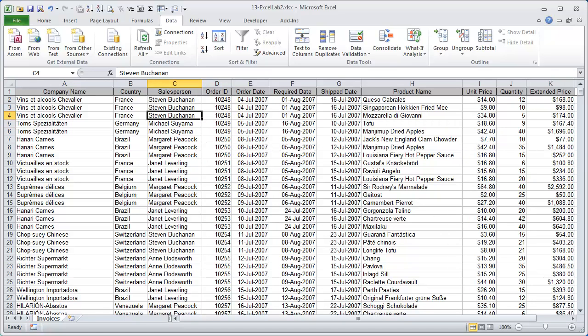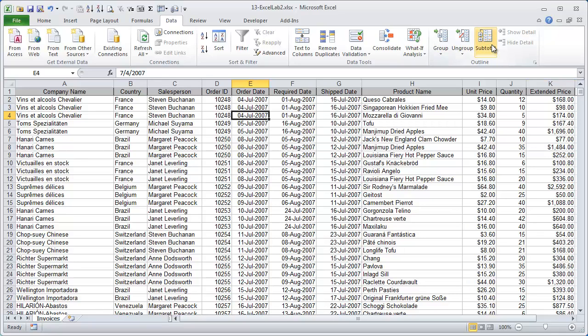And we might want to see it summarized by the salesperson or maybe by the customer we sold it to. Maybe we want it by the product name that we sold. Maybe we want it summarized by the month that the item was ordered. I mean, all kinds of different ways we might want to see this summarized, and pivot tables are the way to do that. Before I get into pivot tables, let me show you the subtotal feature, which is up here